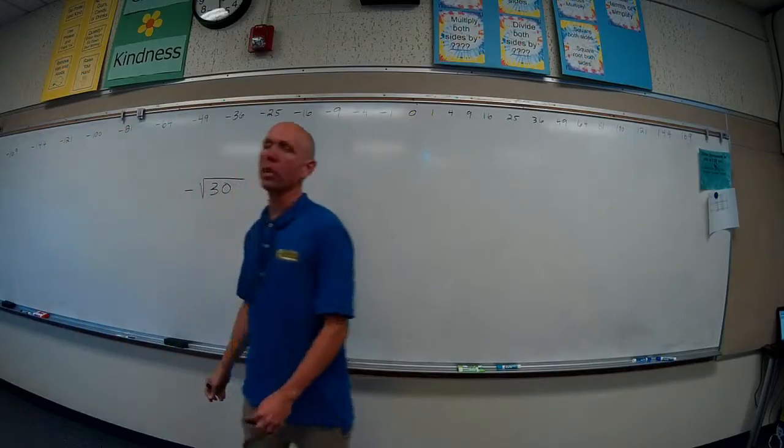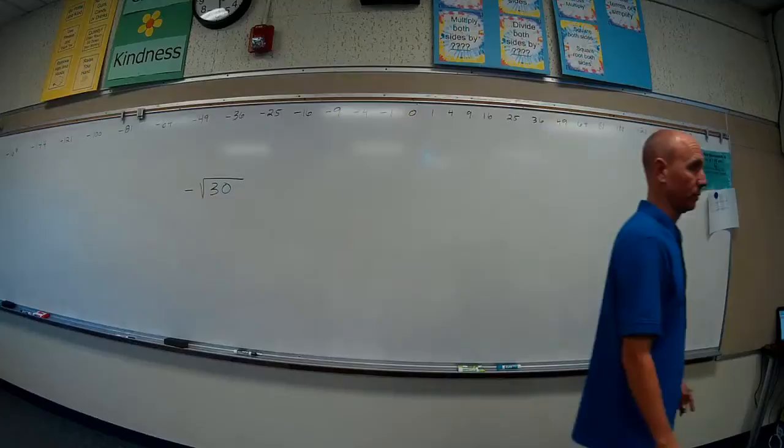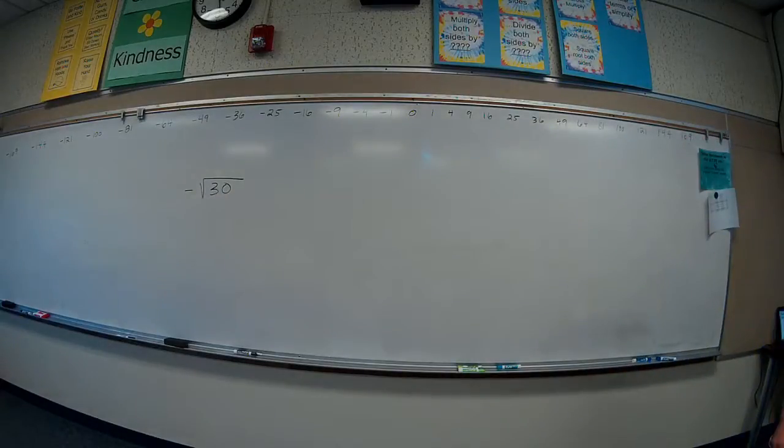Negative square root of 30. Show me the neighborhood. Good. Oh, nice. Good. But it shouldn't be. Nope. You gotta keep working on yours. Good. No. It should be